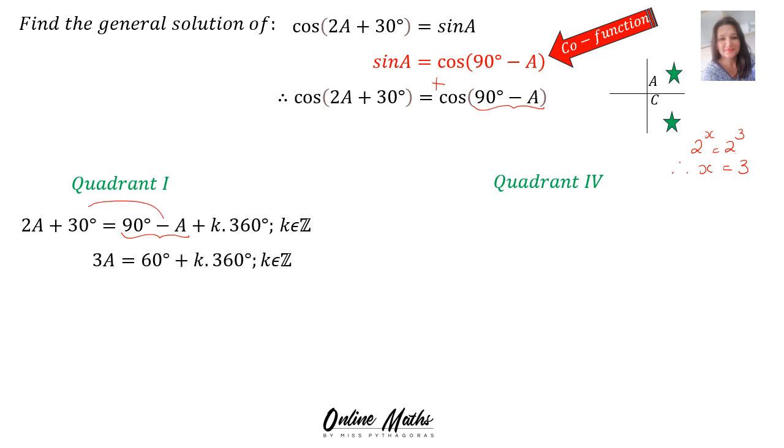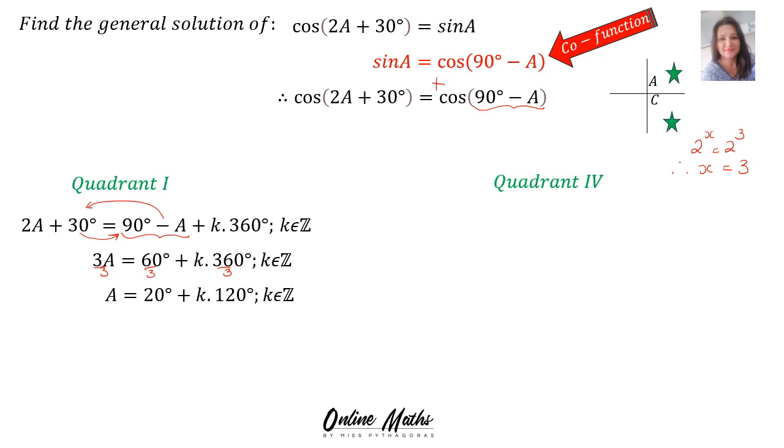This a will walk across and becomes plus a. And this 30 will walk across and becomes minus 30. So it's 3a is equal to 60 degrees plus k times 360, k element Z. But we want to solve a, therefore we will divide everything by 3, even that k times 360. And we end with the general solution in the first quadrant: a is 20 degrees plus k times 120,